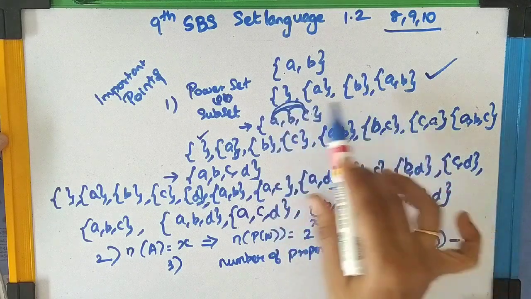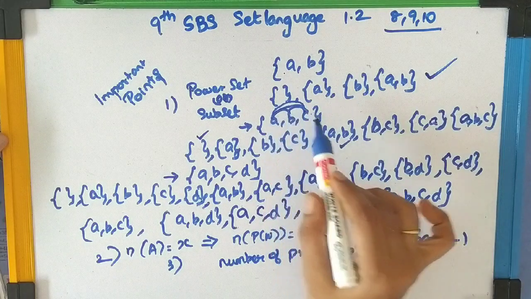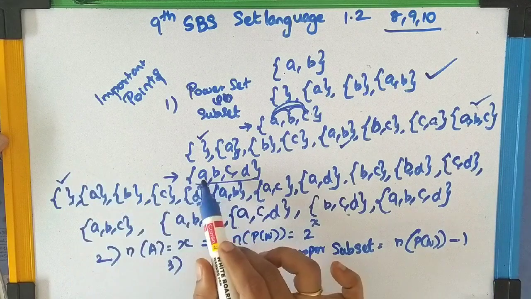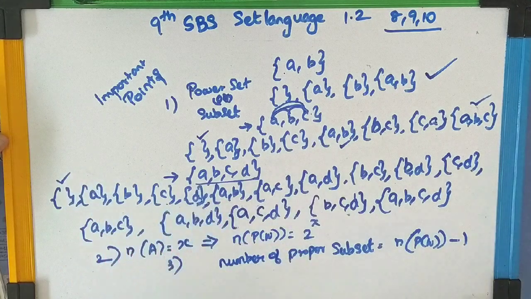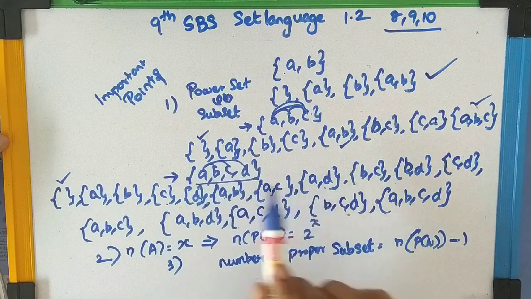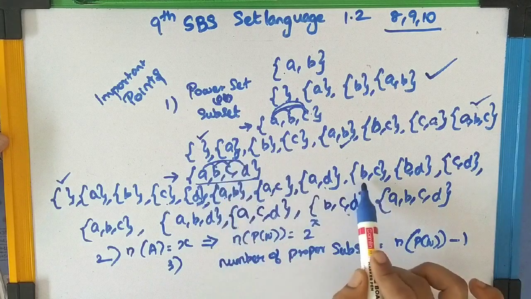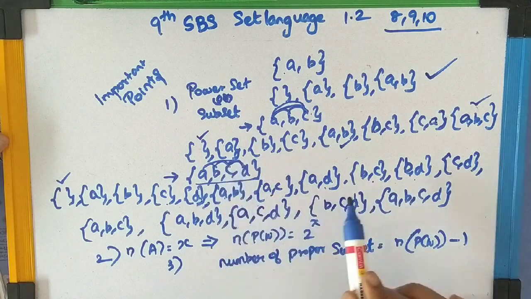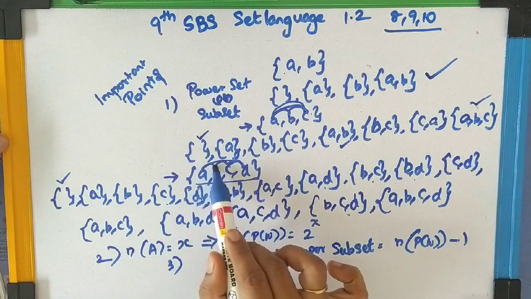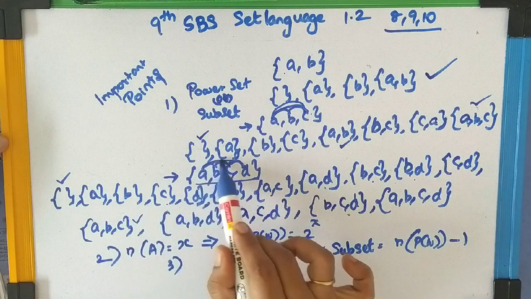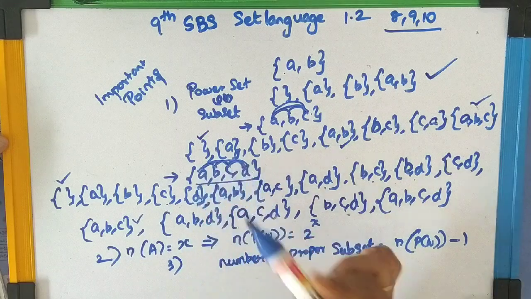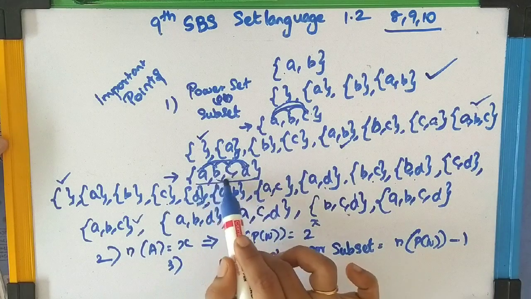Okay. Now, let's go to the 4 element set. Here too, the first subset is a null set, then 4 single element sets, then 2 element sets. That is, imagine a person standing at A and looking at B, C and D. AB, AC and AD. Then he jumped to B and looks at C and D. That is BC, BD. Then he jumps to C and sees D. That is CD. Now the 3 element sets. A, B, C. Now D is crying. So C leaves the place and D joins them.